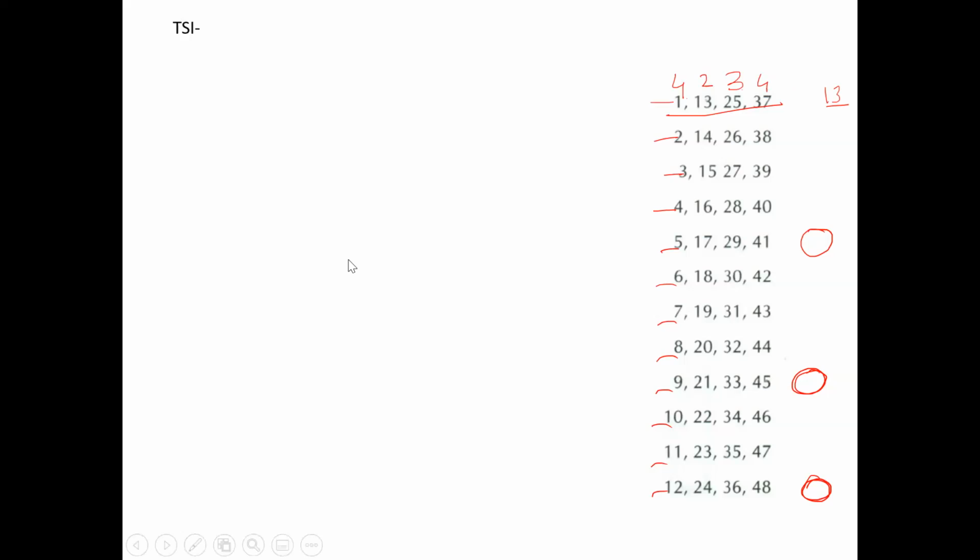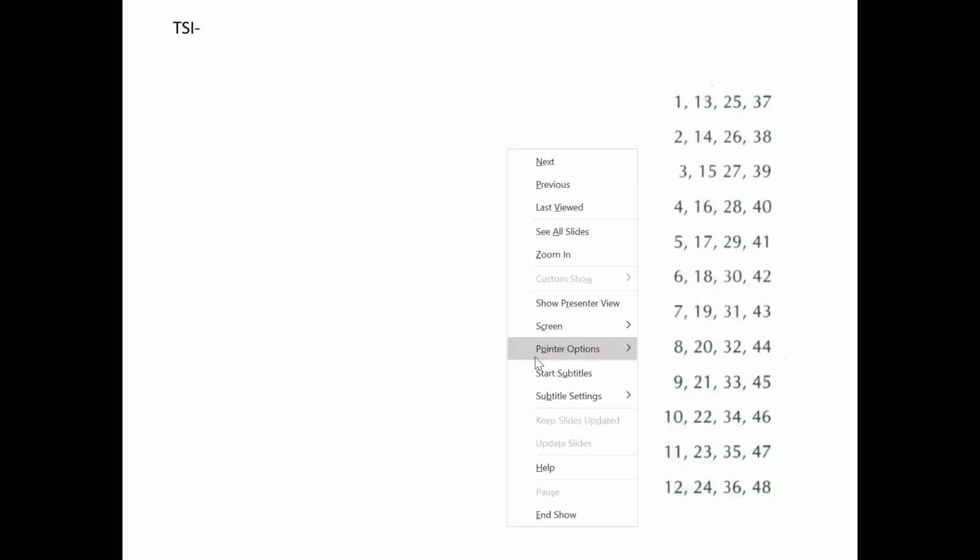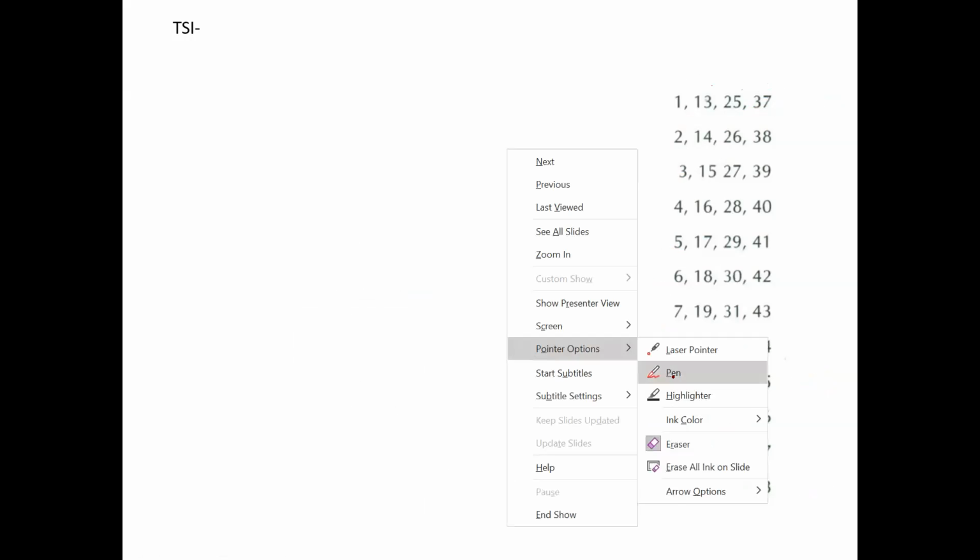Ma'am, I have a doubt. I have circled the highest total. Do we need to keep it in order, from the highest to the lowest, or only one number or two numbers I have got highest? No, the total highest. Yeah, the total highest I have done. Let me tell you, just one second.